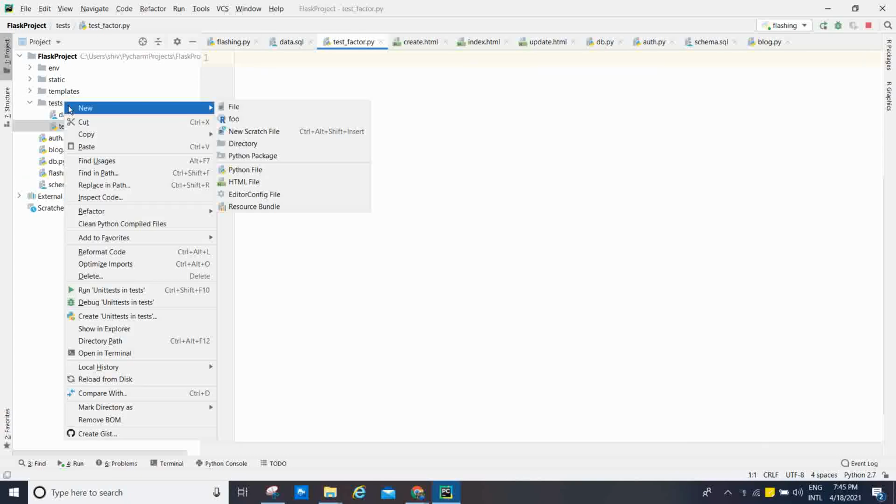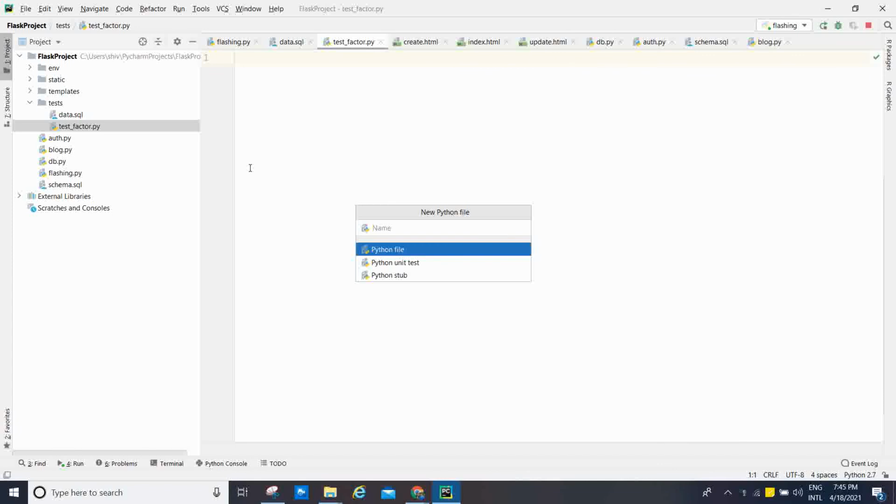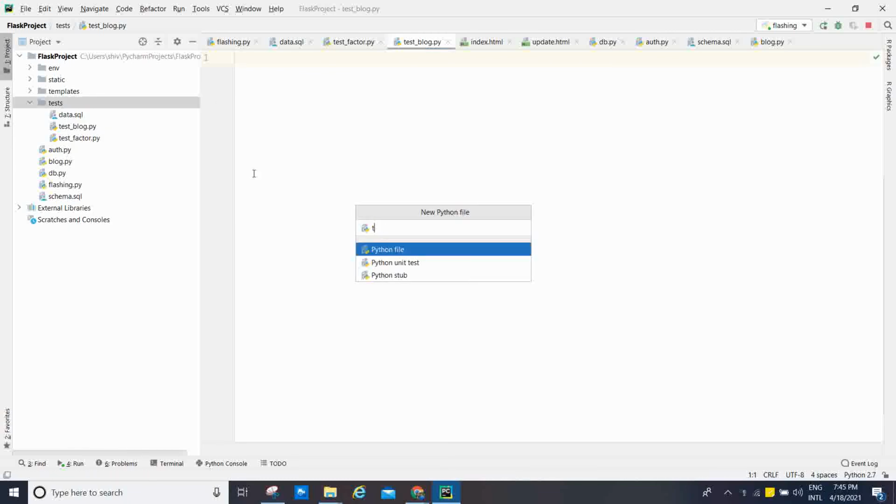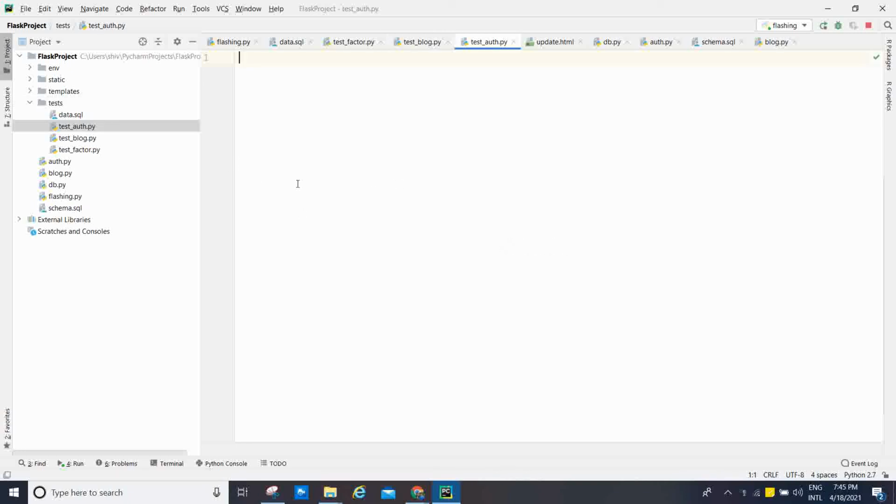Now I am going to create test_blog.py for blog testing, and test_auth.py for auth. This is clear for all the testing files that come under the tests folder.